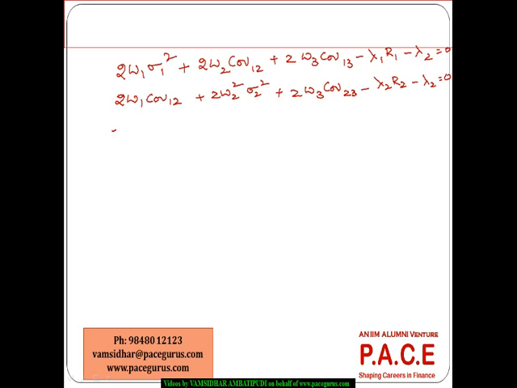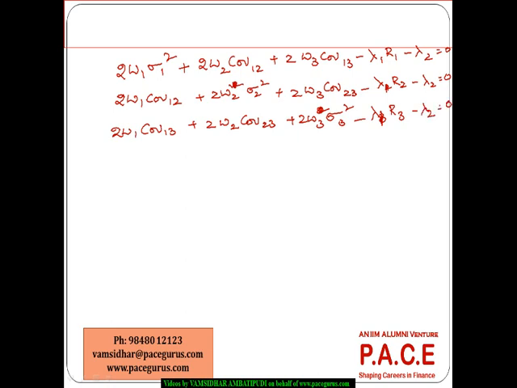And the third one comes 2W1 covariance 1, 3, plus 2W2 covariance 2, 3, plus 2W3 sigma 3 squared, minus lambda 1 R3, sorry, this is lambda 1 only, minus lambda 1 R3 minus lambda 2